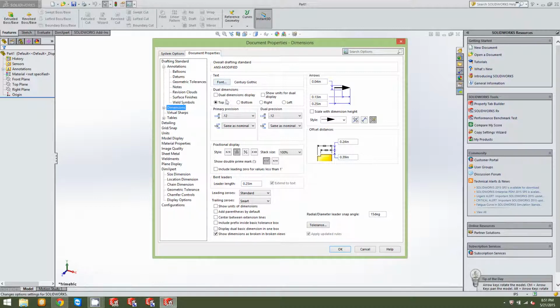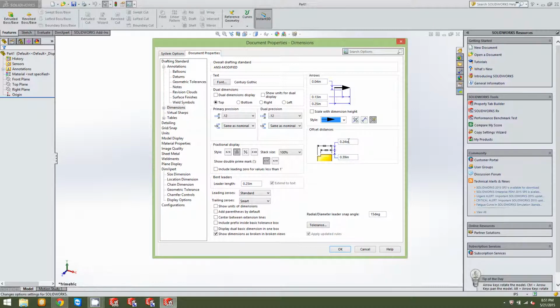So font, you'll select your font here, and your arrow size. The default arrow size is fine by me for what I want to do. The arrow leader length and everything on that is perfectly fine. Primary precision to 2 decimal points, that works for this template. Style, if you want to run different types of arrows, personally the closed filled arrow is what I prefer. And then